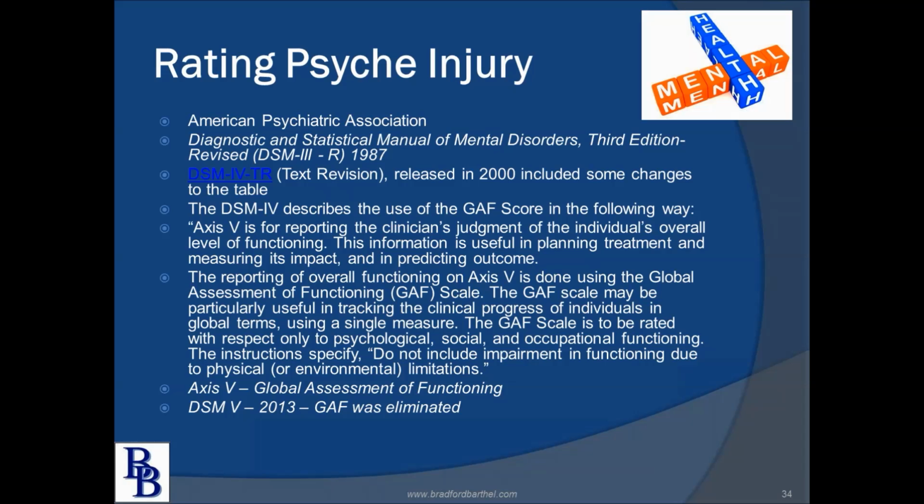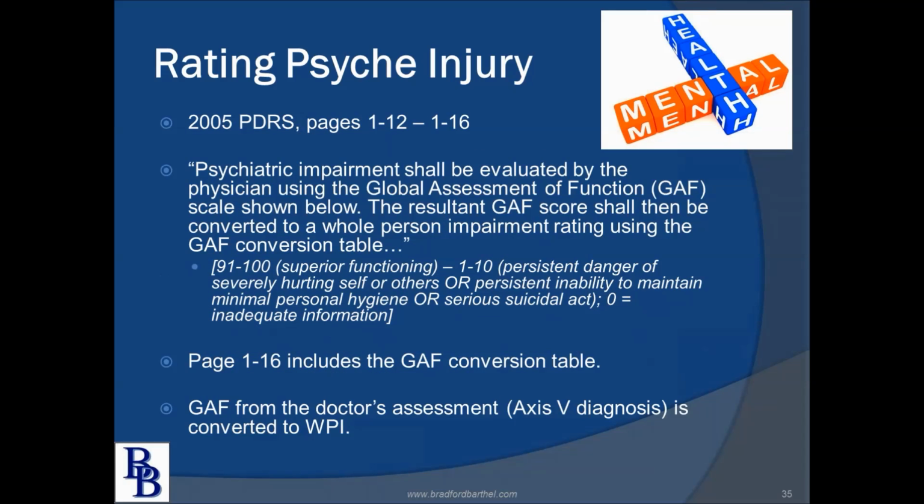But anyway, the GAF is something that most doctors have been using in order to help evaluate where a person was in terms of their current status and any improvement or getting worse, and what to do in terms of treatment. So what we did for California in the 2005 PDRS, pages 1-12 through 116, it goes through the GAF. It talks about how to evaluate psych,